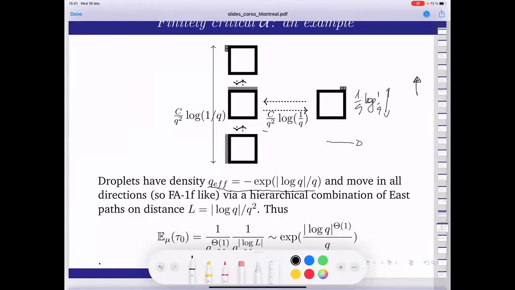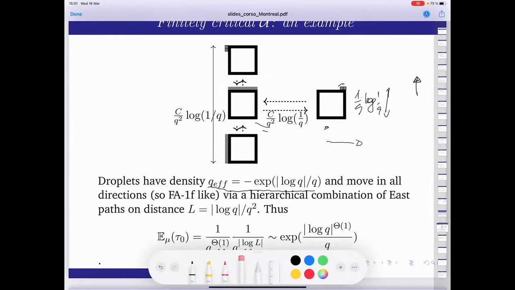But what I can do is to move with my droplet to the right in an east-like way until finding 2 empty sites, and then take these 2 empty sites, and by reversibility move back my droplet, going through the same logarithmic energy barrier. And now I have these 2 empty sites which allow me to move in the vertical direction. So the moral is that to move 1 step in the vertical direction, I cannot do it immediately with